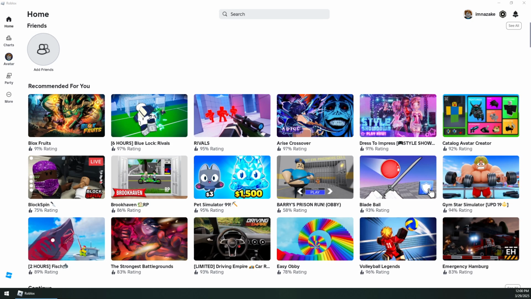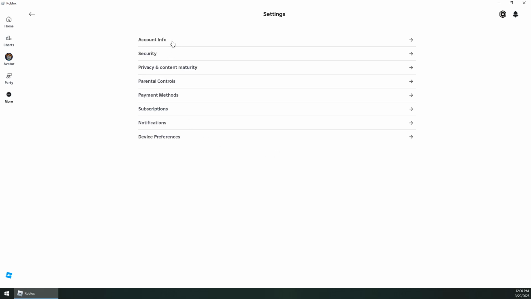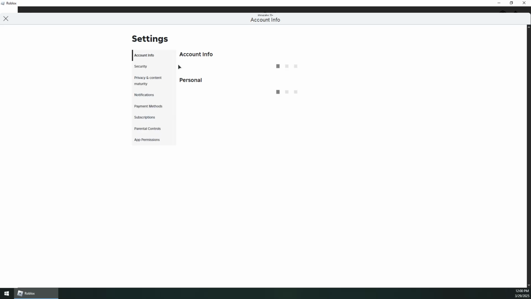Here's how to fix Roblox voice chat option not showing up. So first you gotta open Roblox and then go to more, then account settings, then account info,